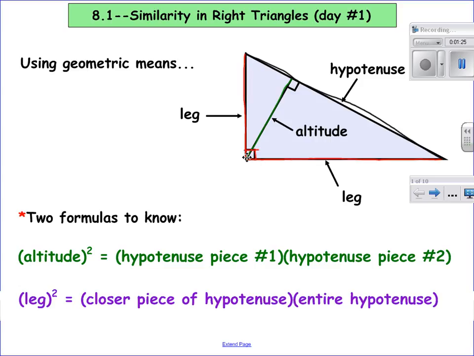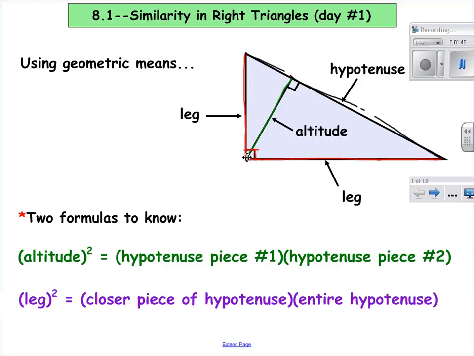Two formulas that you need are that the altitude squared is equal to multiplying the pieces of the hypotenuse separately. So this piece and this piece, there are two pieces of that hypotenuse if it's chopped up by an altitude right there. Okay. The other formula that you need